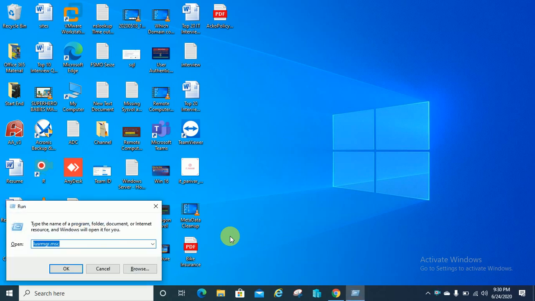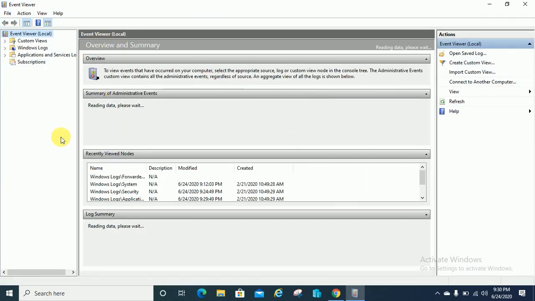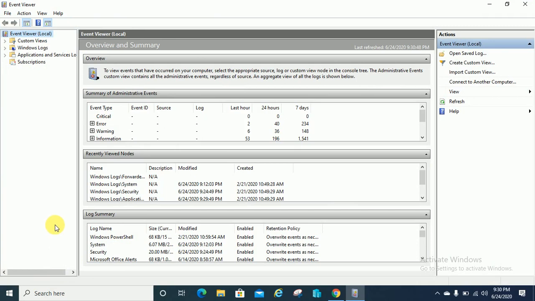So now I am going to open Event Viewer. Yeah, so you have to run, just type eventvwr on run and it will open. Otherwise you can just